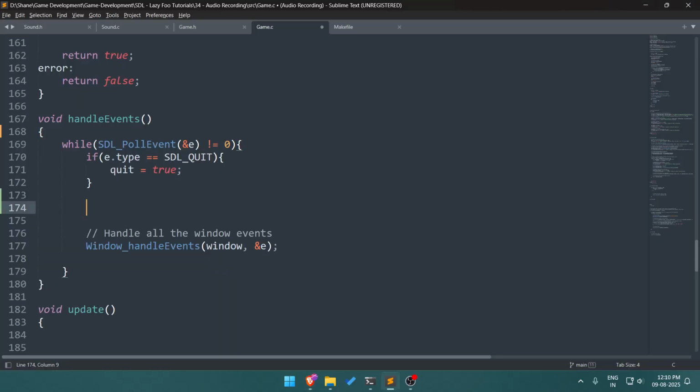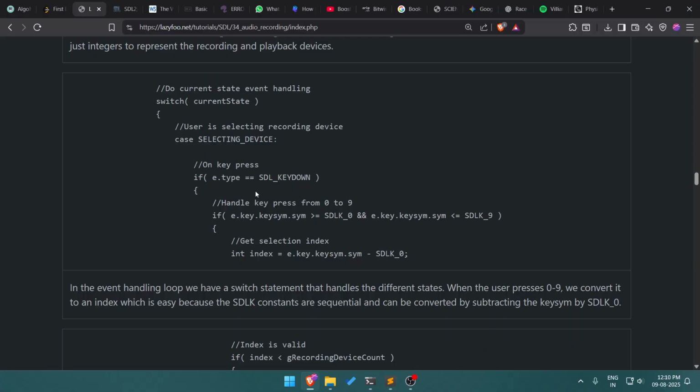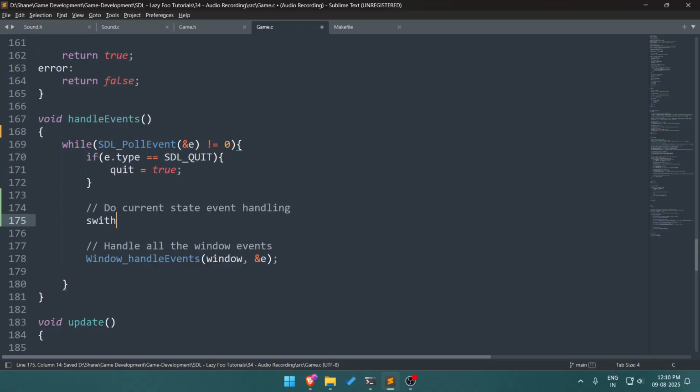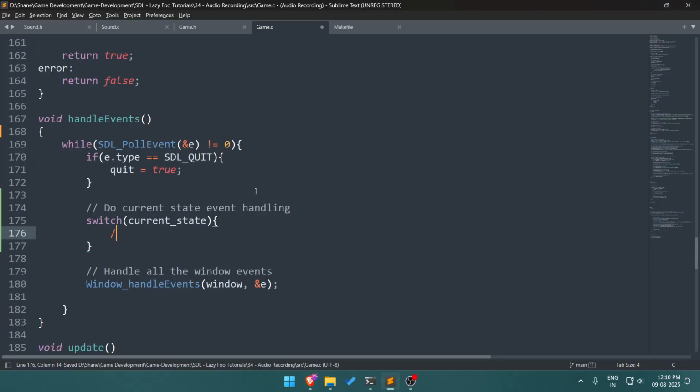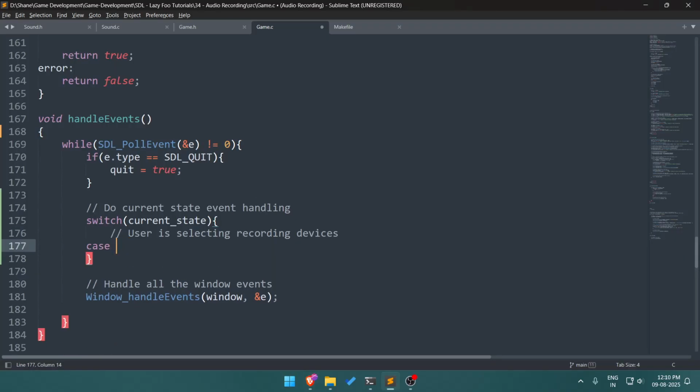Okay, we go to current state event handling. This is switch current state. Then we have user is selecting recording devices. User is selecting recording devices. So we have case selecting devices, case